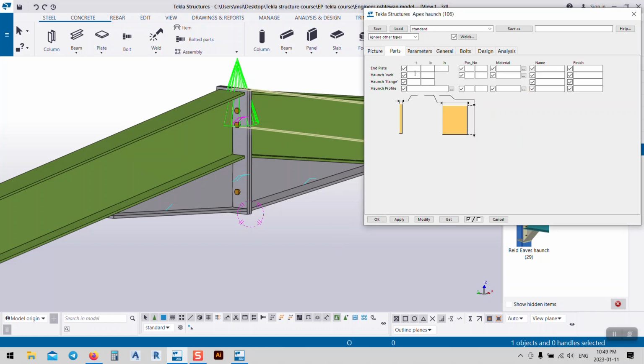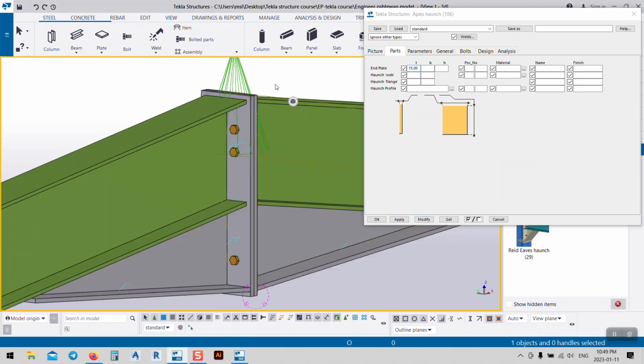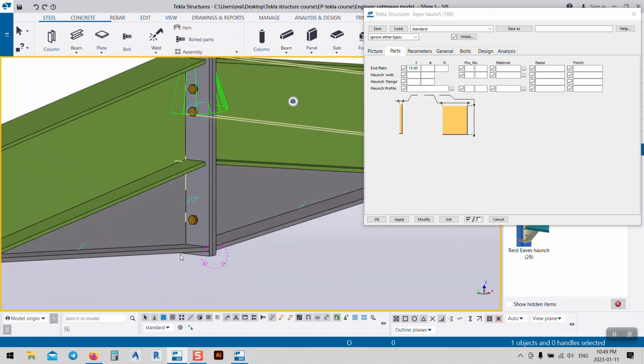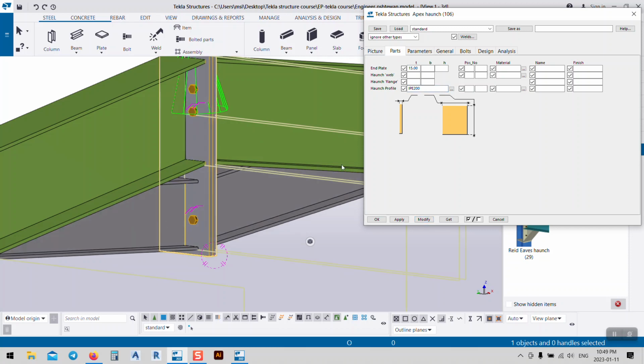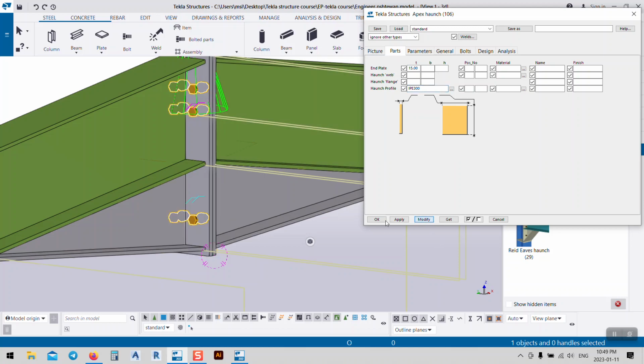Okay, and after that go to parts, the end plate I want to be 15 millimeter, modified, just like this. After that, the hinge profile, I want to add the hinge profile, so I will say IPE 300, just like the beam, and modified. Yeah, if I select 200 instead of 300, you see now this one modified, but I have 300, and click modify. Okay,